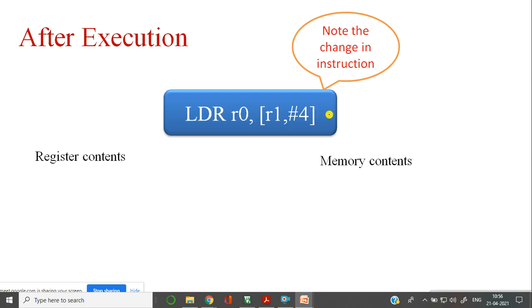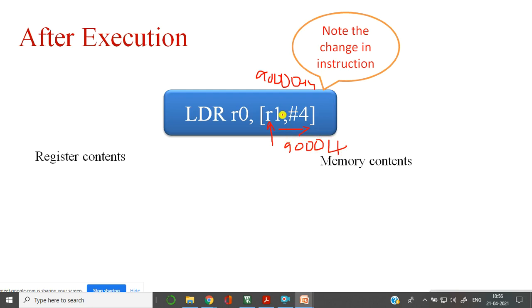Now what is it performing? R1 consists of a base address, that is 9000, plus 4. Definitely the pointer will move to 9004, because it is adding the offset of plus 4.